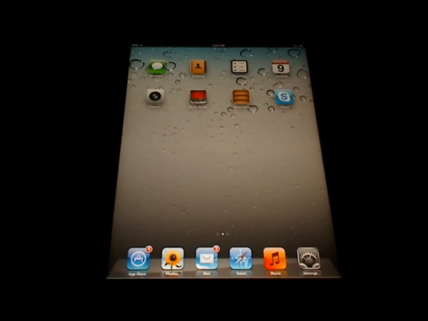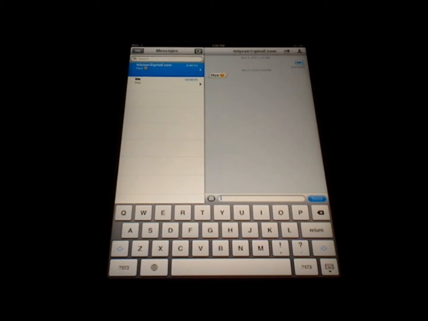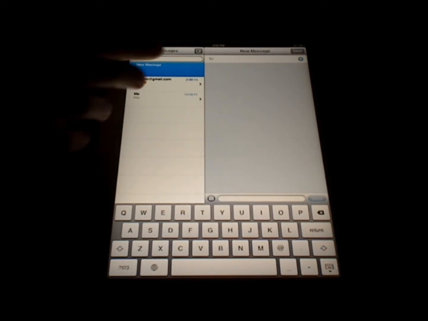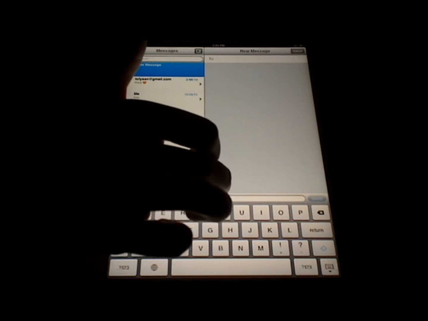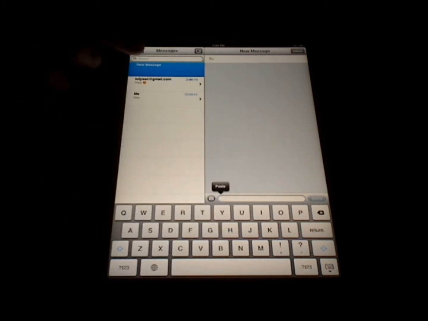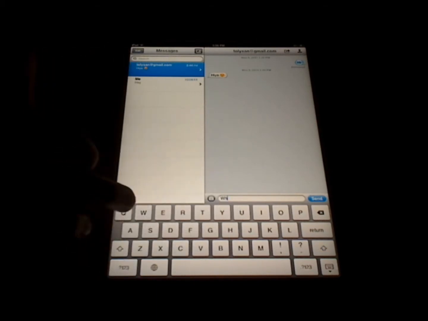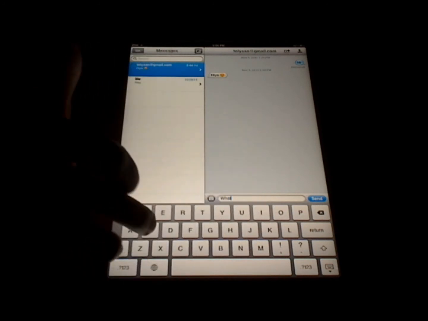To send a message using iMessage, touch the Messages icon, which looks like this, on the home screen. And when the iMessage application opens, you're going to want to touch this pen icon at the top here, right next to Messages. And it's going to allow you to enter either a phone number or an email right here in the field. And once you do that, you can touch the text field down here and type your message. Now I already have a conversation going here for demonstration purposes, and I'm going to type another message. So let's say what's up,